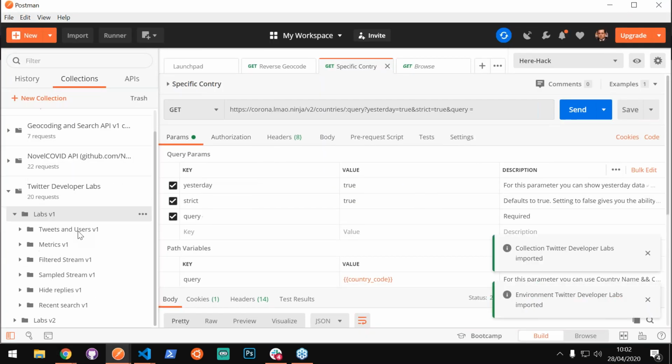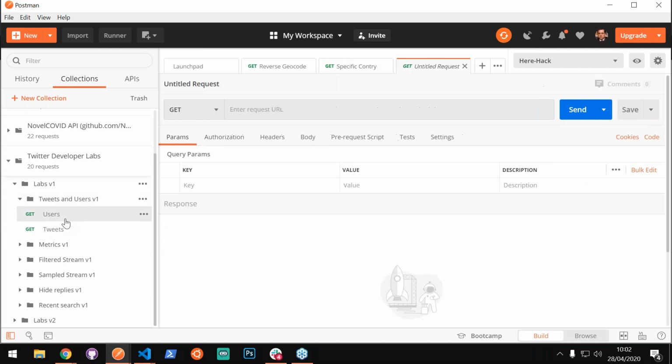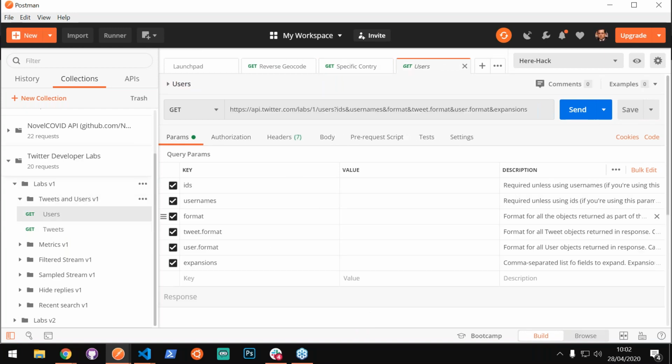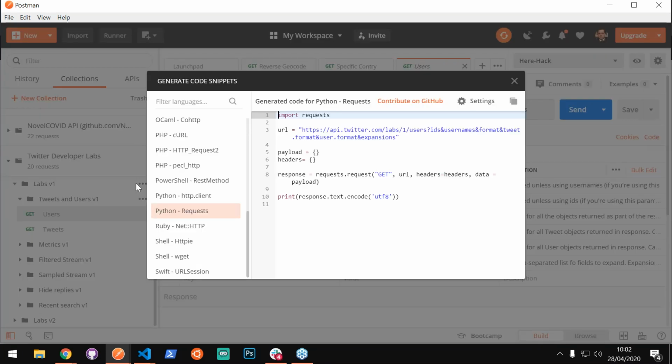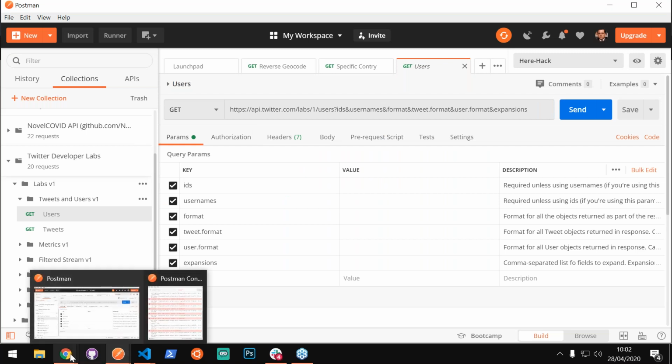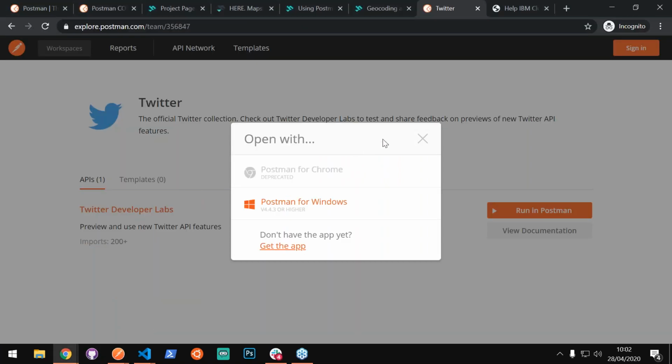I could do whichever modification. So let's say get a user. Once I'm done with my request, again, get the code for it, put it in my app. Pretty easy. And the last thing I think I want you to be aware of,